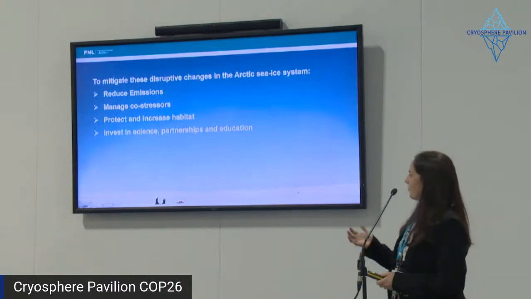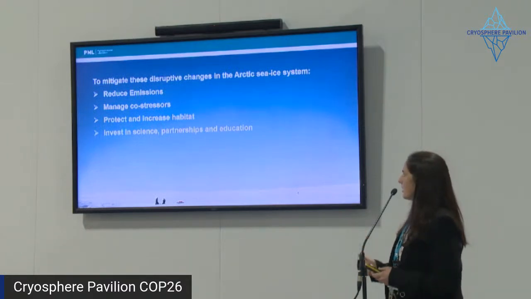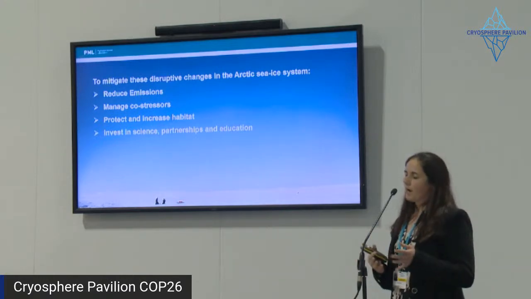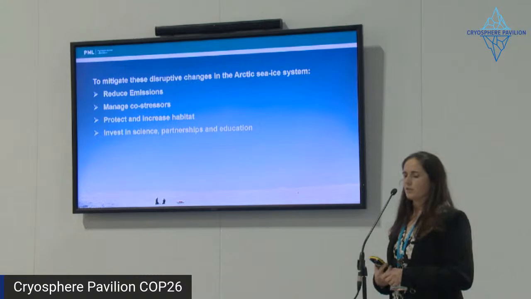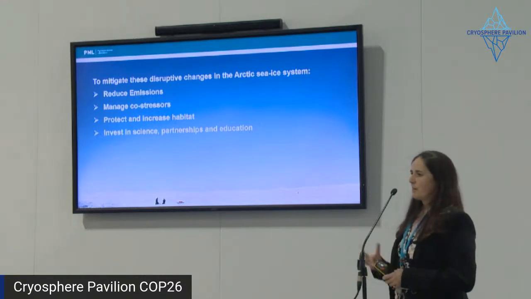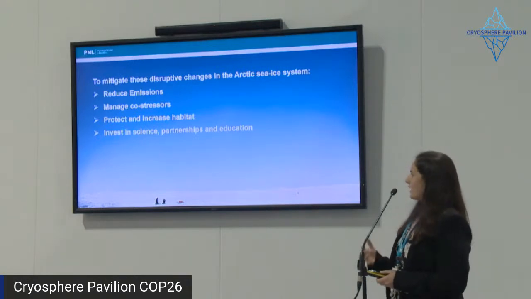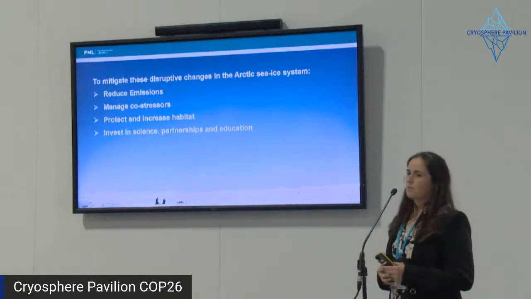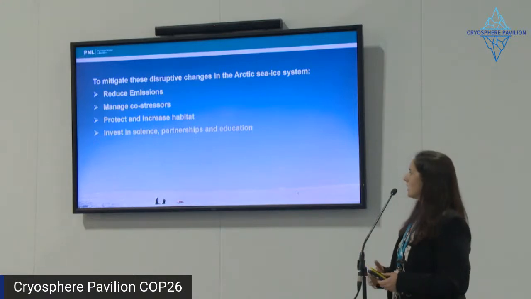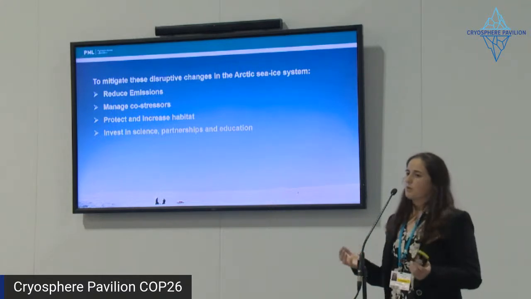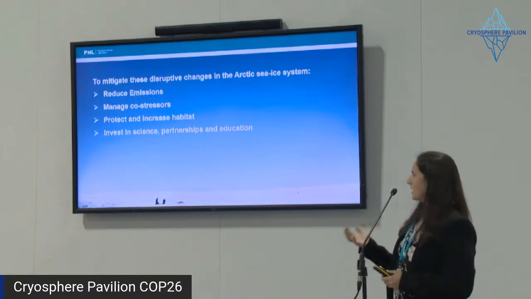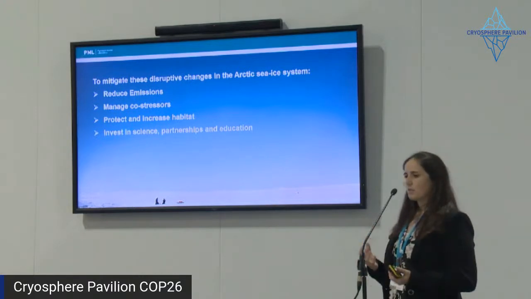So I'm going to leave and finish on this slide really just to say that we can mitigate these disruptive changes. We are on a path where we're going to likely see very little sea ice over the summertime by the end of the century. These things are locked in now to some extent. But we can change the future in terms of being able to still have winter cover and how much sea ice cover we can experience. But we can also do other things to help with this. To mitigate some of the worst disruptive changes, we need to reduce emissions, but we can manage some of these